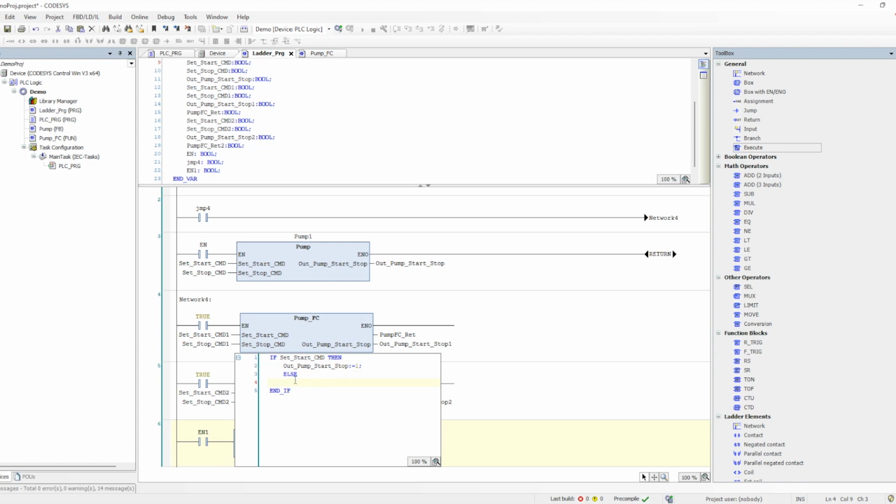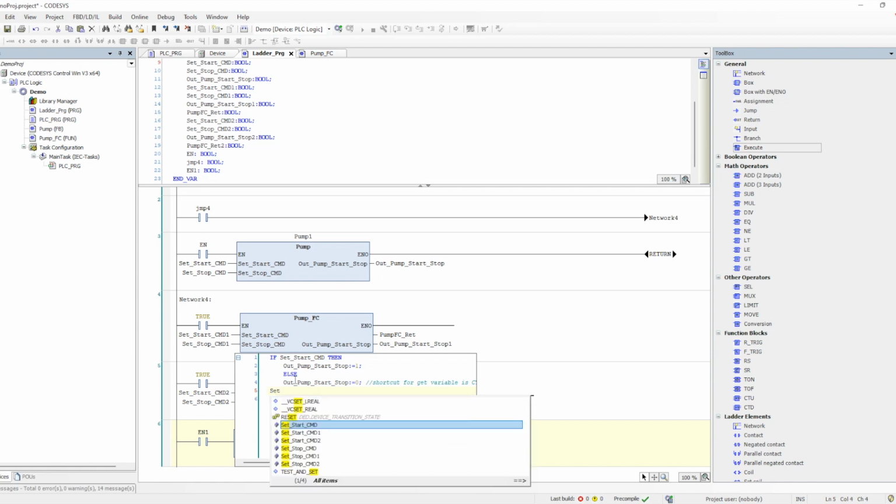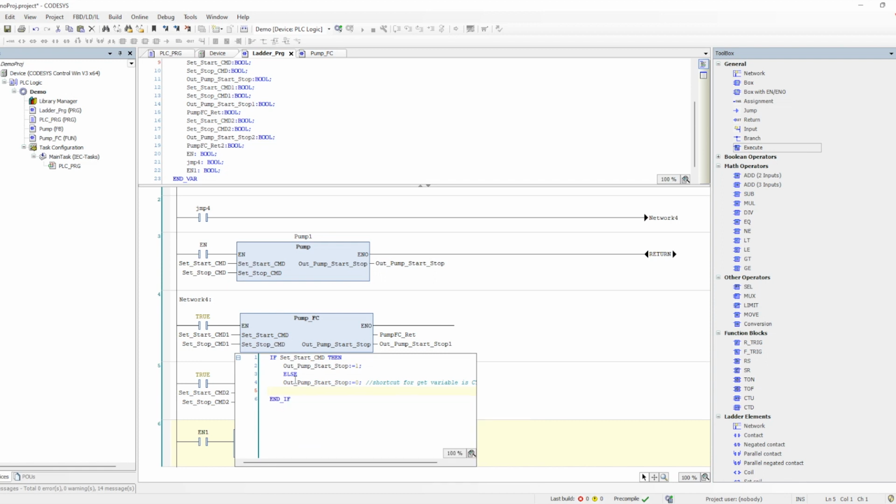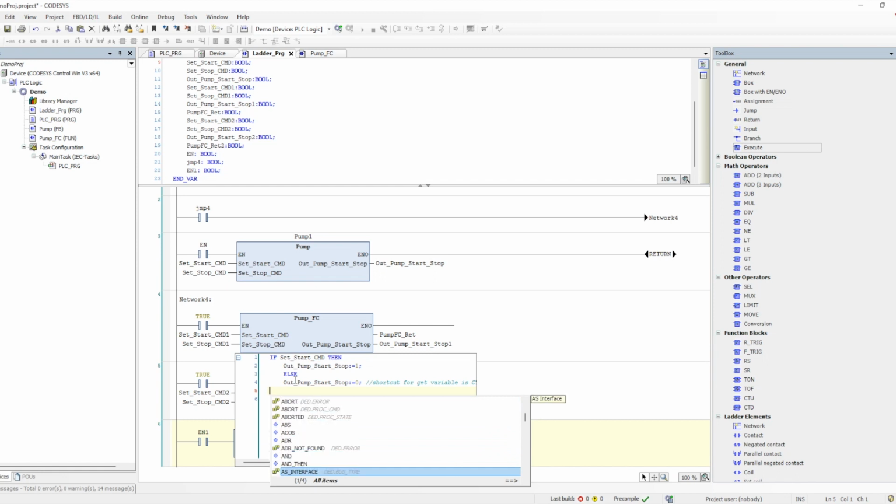So I'm just putting the same brief command, like start stop with the pump, to showcase how exactly it works. So let me map all. So there's a shortcut to get the variable, that is what I'm trying to show here. Control plus space is a keyboard shortcut to get into the variable directly from here. Whenever we put some letters and then press control plus space, it will show me all the variables starting with that particular letter. Okay,